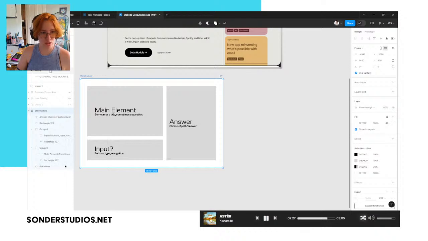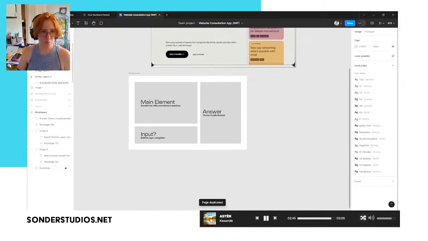Now, in addition to that, let's go ahead and call this screen type 1, or screen type A. Now, screen type B, let's say this is for the wiki article.